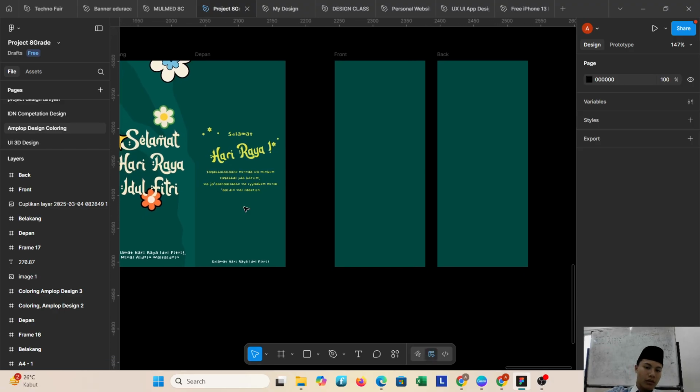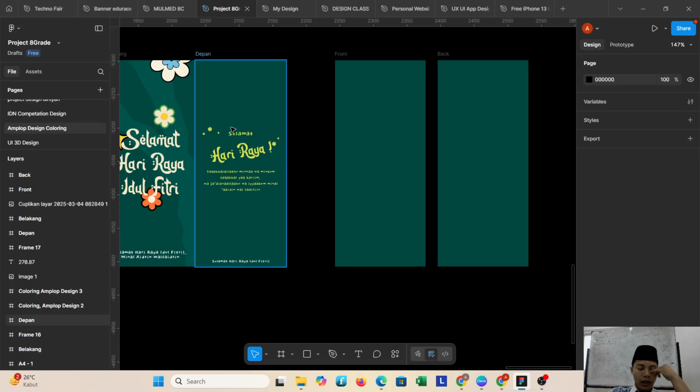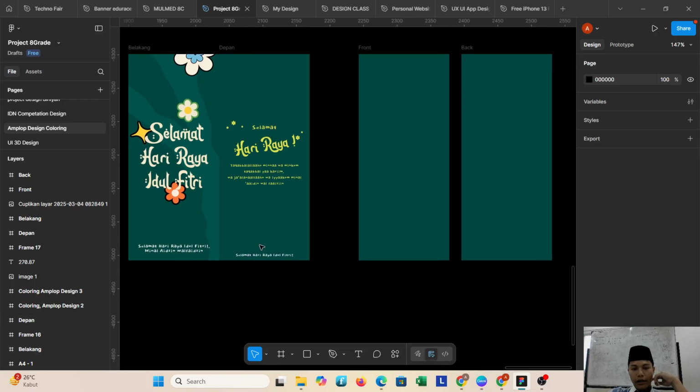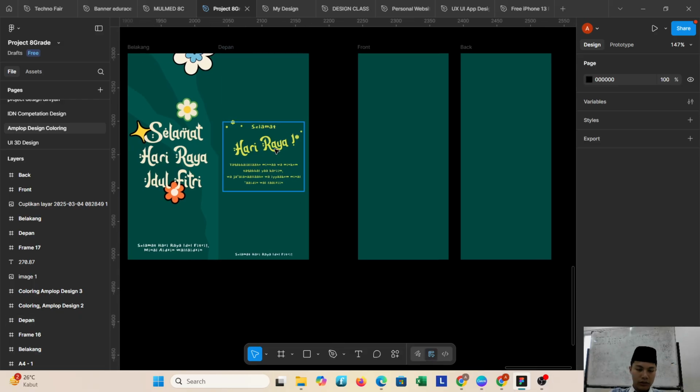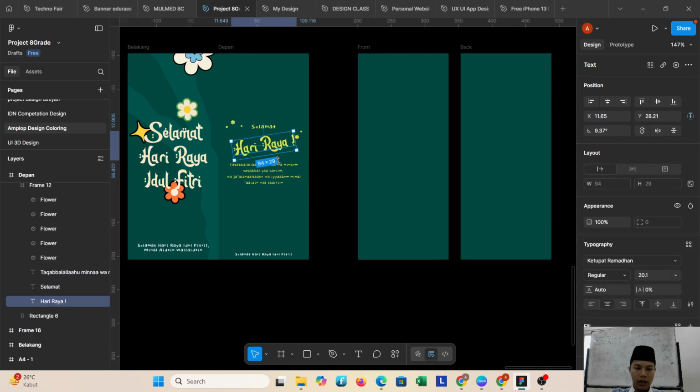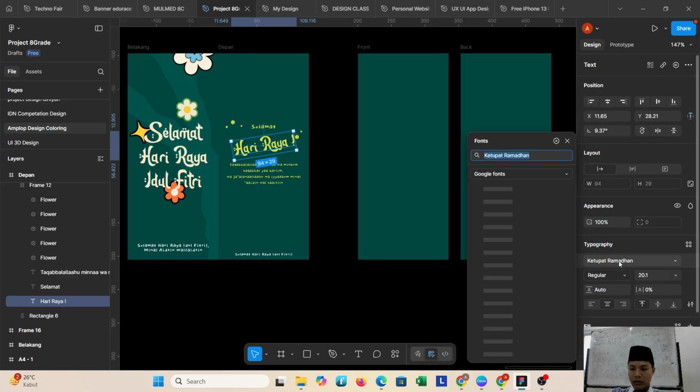Okay, if it is already like this, I want to edit the back first, like this, using the template or idea you got from Pinterest. For the first text, use the font Ketupat Ramadan.